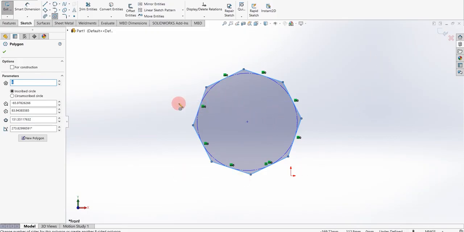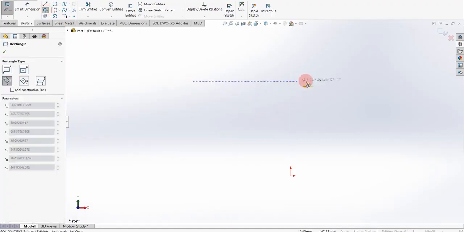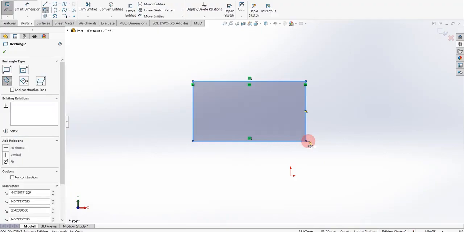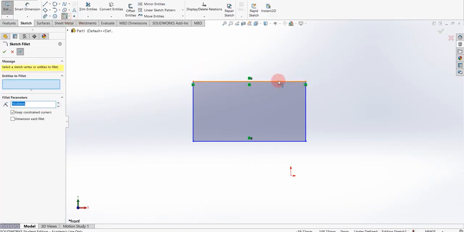So next option is fillet. Fillet is basically smoothing the corner points. For example, I am constructing this rectangle, and I want this point smooth, or say I don't want the pointed end. So I'm selecting fillet, and then I have to select two lines on which I want fillet. First I select this line and this line. Here I can state the radius of the fillet curve. So I'm selecting 20 mm.